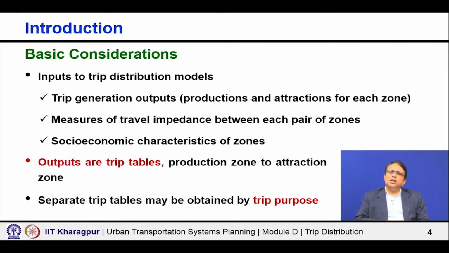Other is also you can think, say for example, high income people, low income people, their choice is not going to be the same. Even the same travel impedance is not going to impact exactly in the same manner to different socioeconomic segments. Maybe if more high income people are staying and more people have got access to cars or private vehicles, then whether the bus system is good or bad may not really matter much, still the trips